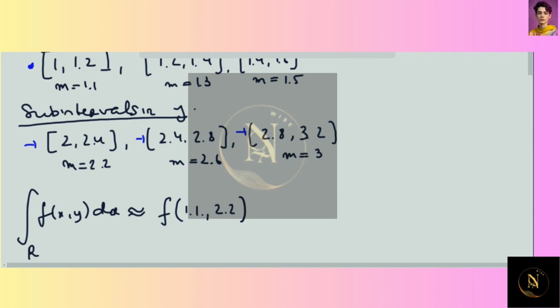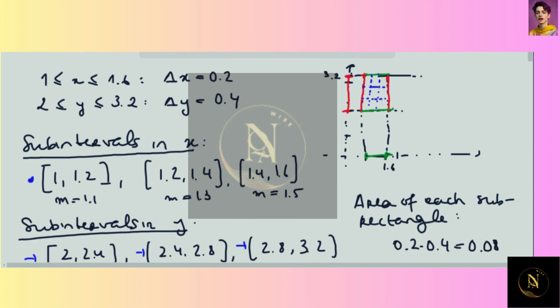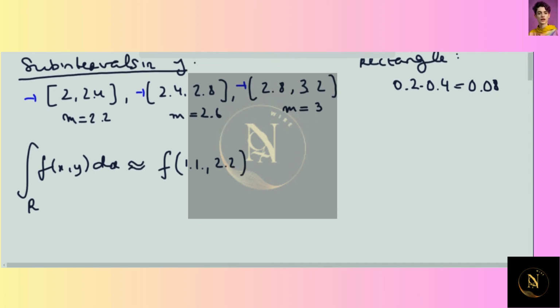The area of each subrectangle, because we are subdividing always with the same delta x and delta y, will be the delta in x times the delta in y, which is 0.08, right? Yes, 0.08. So the first case times 0.08 plus,